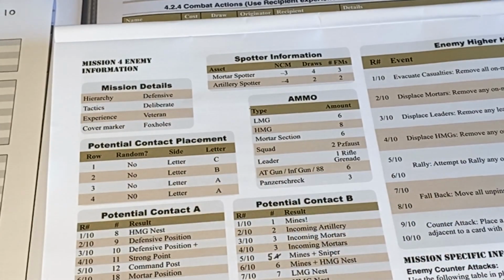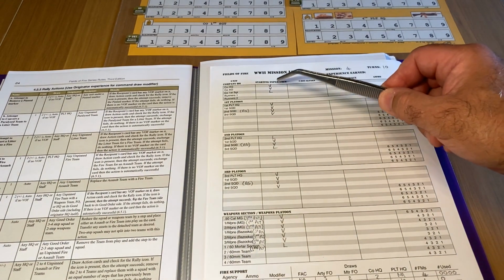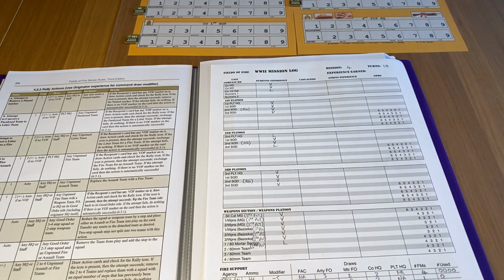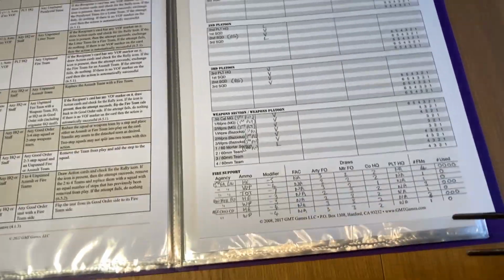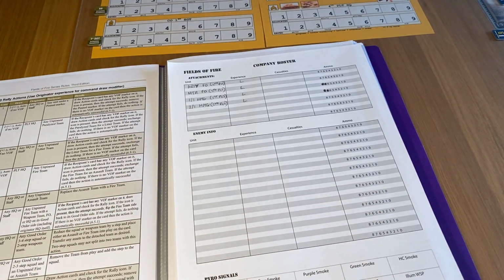That's confirmation of the contact placement. I think I showed that already. Yes, okay. So on my mission log, I've updated the new experience, so that's all the starting experience of everybody. Most people are veteran now, there are still some that are line. I've got our fire support there with this TOT -7, whatever it might be. And then over the other side,